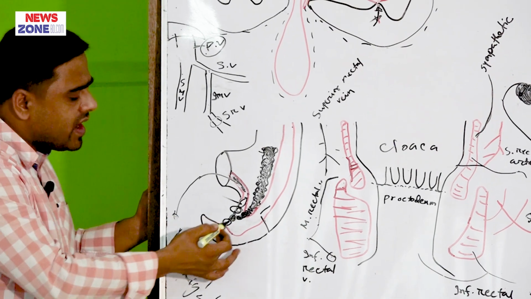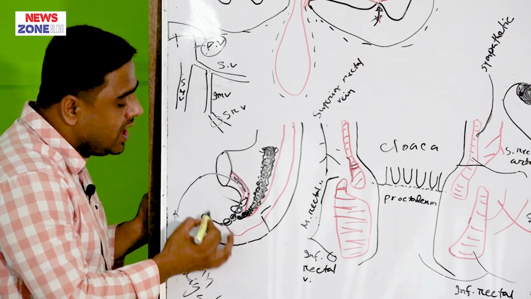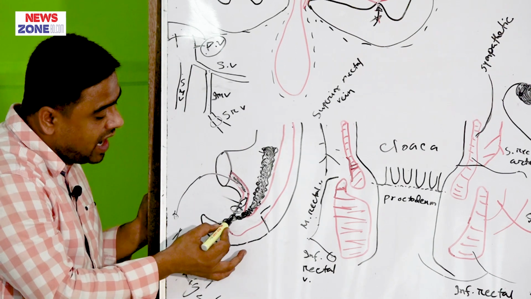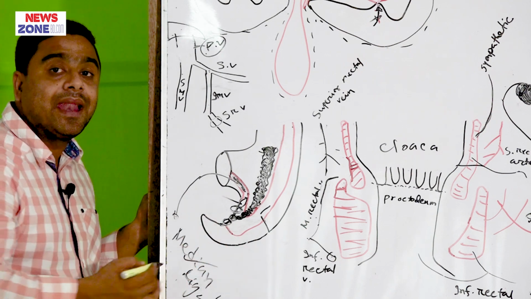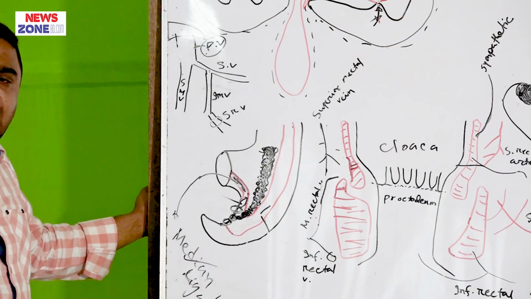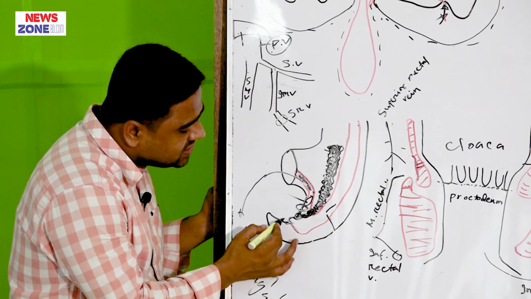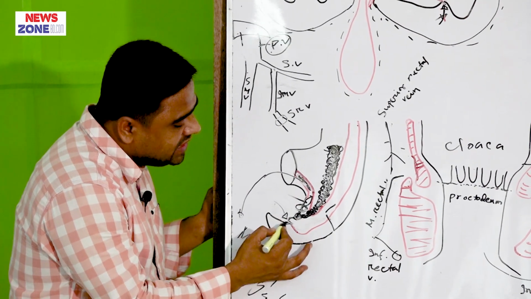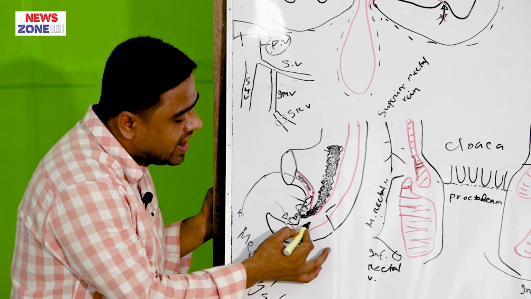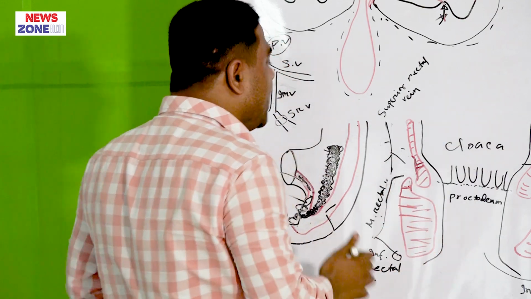So ultimately the cloacal membrane forms three important structures: the perineal body, in front of it the urogenital membrane, and behind it the anal membrane. This anal membrane ruptures at the 7th week of development. When the anal membrane ruptures, the proctodeum will invaginate into the anorectal canal, and now we come to this figure here.